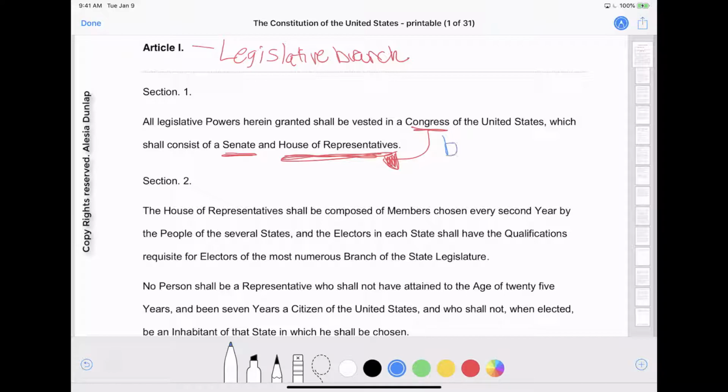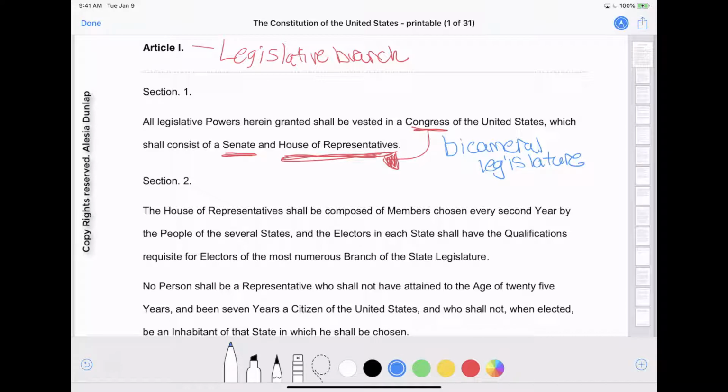Let me write that down. Bicameral legislature. Okay? All right. Which is a legislature composed of two separate chambers. Now, the founders believed that Congress would be the new branch of central government. As you remember from our first lecture, the founders had a considerable amount of debates and compromises on this topic. This two-house system was established through the Great Compromise during the Constitutional Convention.